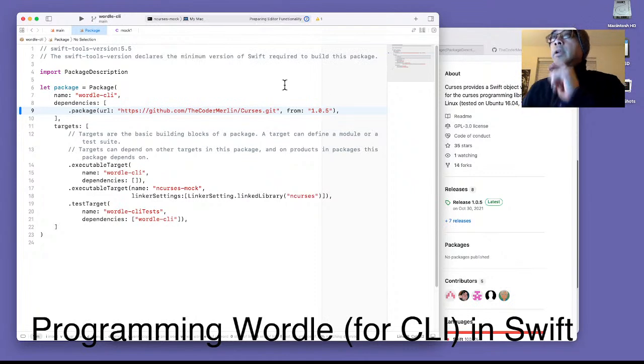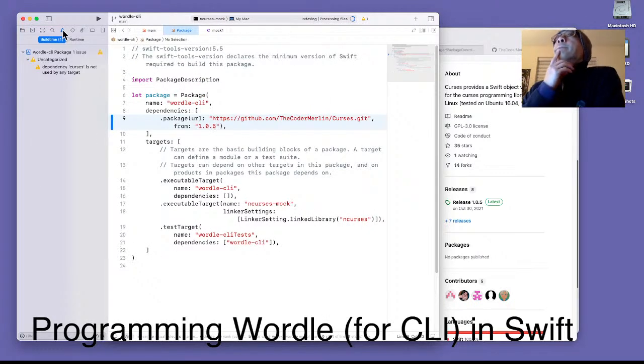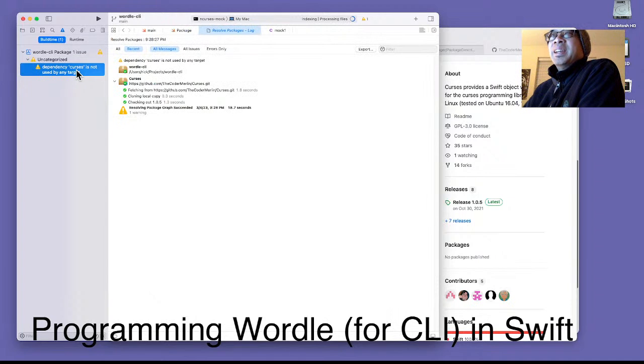Now there's an error. Let's see what they say. Aha, excellent. The dependency curses is not used by any target. And here's some of the messages from the logs that I was looking to see. So, doing this